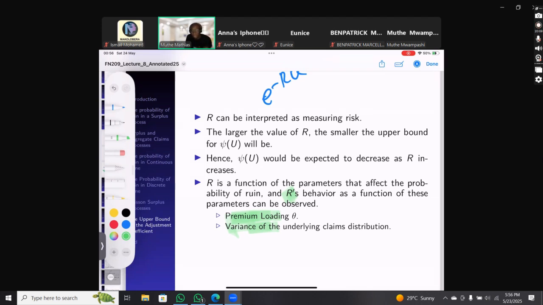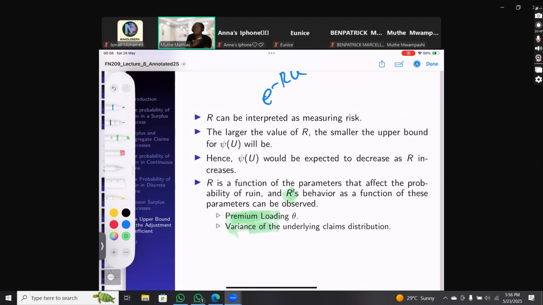And if the variance of the underlying claims distribution, let's say, is low, right? Of course, we can predict that. So if the variance is low, of course, we expect the probability of ruin to be low as well, right? But if the variability of the underlying claims is large, right? You know the problem with the variance, right? So the higher the variability, of course, the higher the probability of ruin. Why? Because you cannot predict that with certainty. And the lower the variability of the claims, of course, the lower the probability of ruin. So that is what we actually expect.